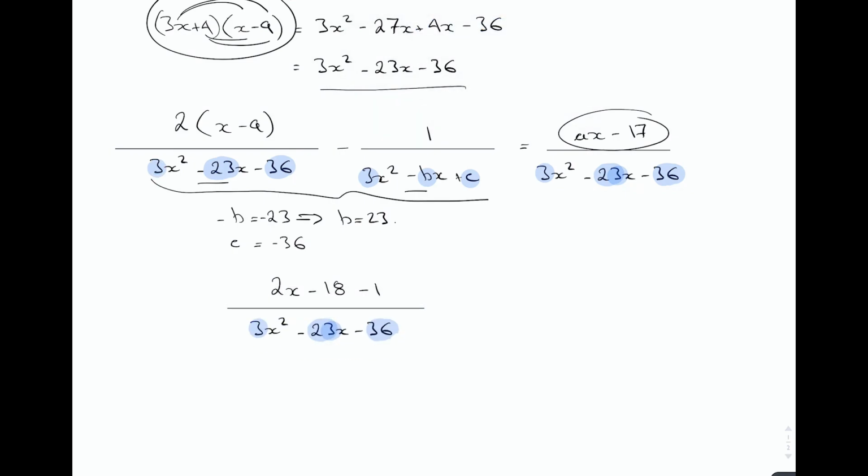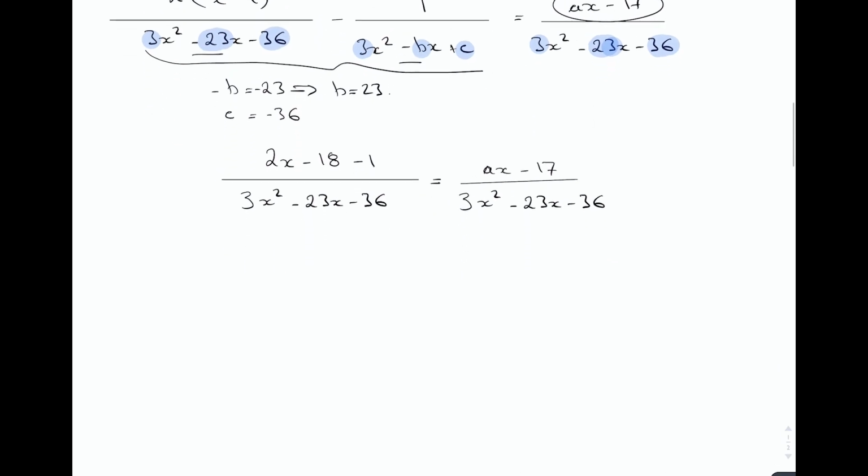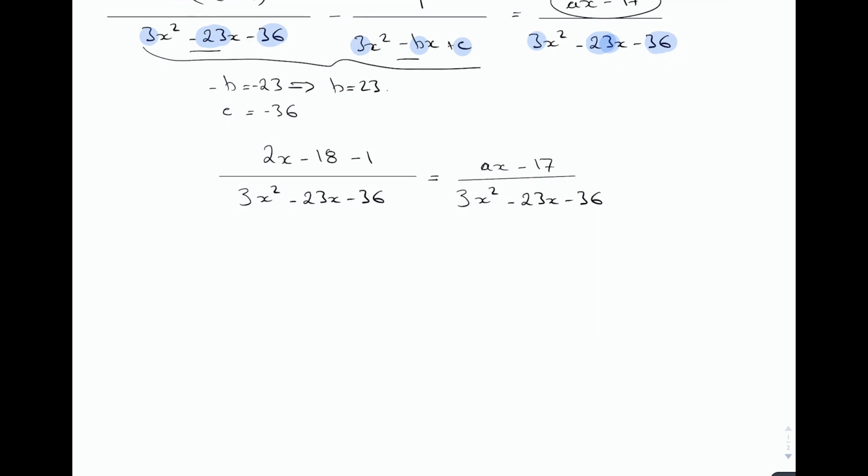And that whole thing is going to equal ax minus 17 over, again, all this business here. Okay, looks like we're making some progress because 18 and negative 1